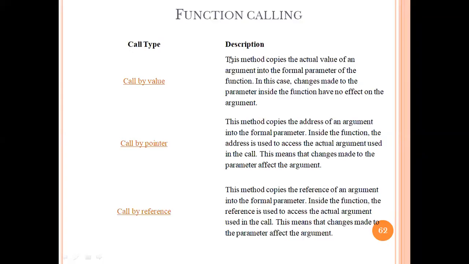Suppose this is our function definition, and in that function we are going to pass two different variables, integer x and integer y, and here we perform some operation.